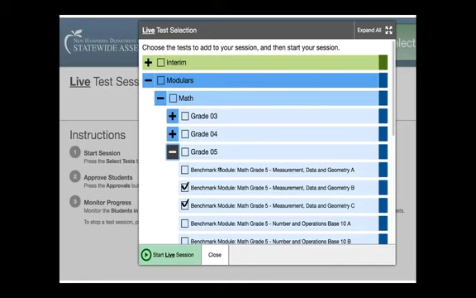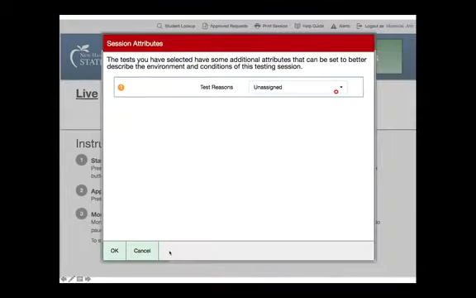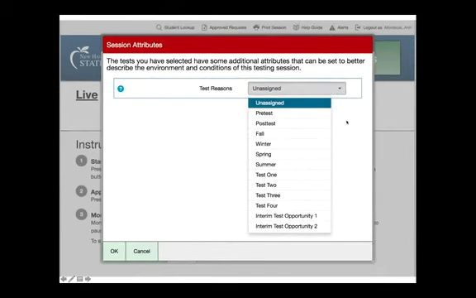Once you've chosen your assessments, you start the live session. This is something that I haven't found that useful, and as a matter of fact, it's been a little bit of a problem. If all of your 5th grade teachers are going to give the numbers in base 10 assessment, and one says this is test 1, one says it's interim test opportunity 1, and one says it's a pretest, their scores won't be lumped together.